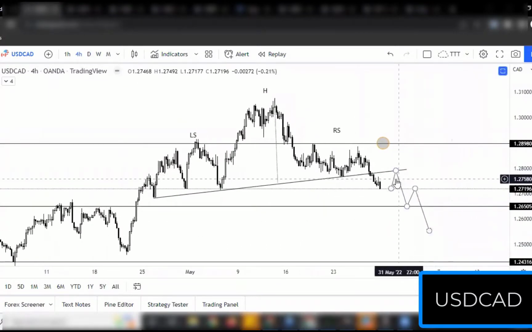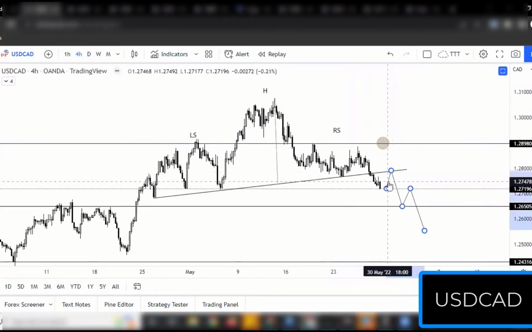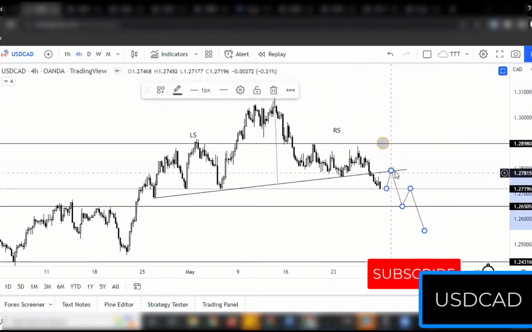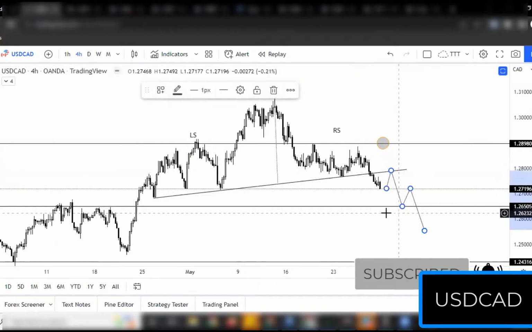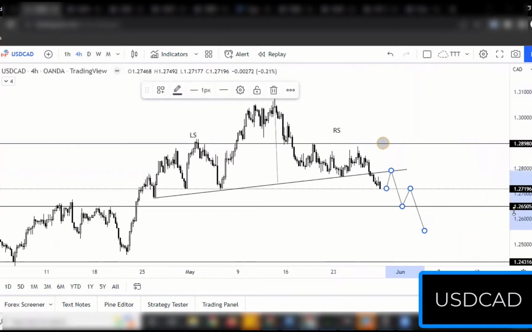Any strength you find till this trend line is a good start to place your short orders, and then book profit firstly on this 1.26500 level, and then if you see strength again, continue your short position until you have this ultimate target of 1.24300. Let's move to the next one,